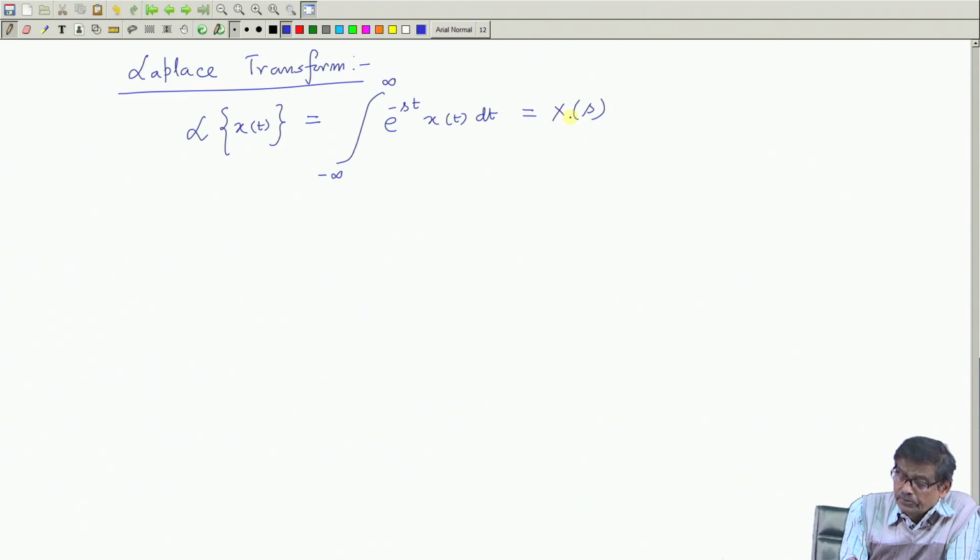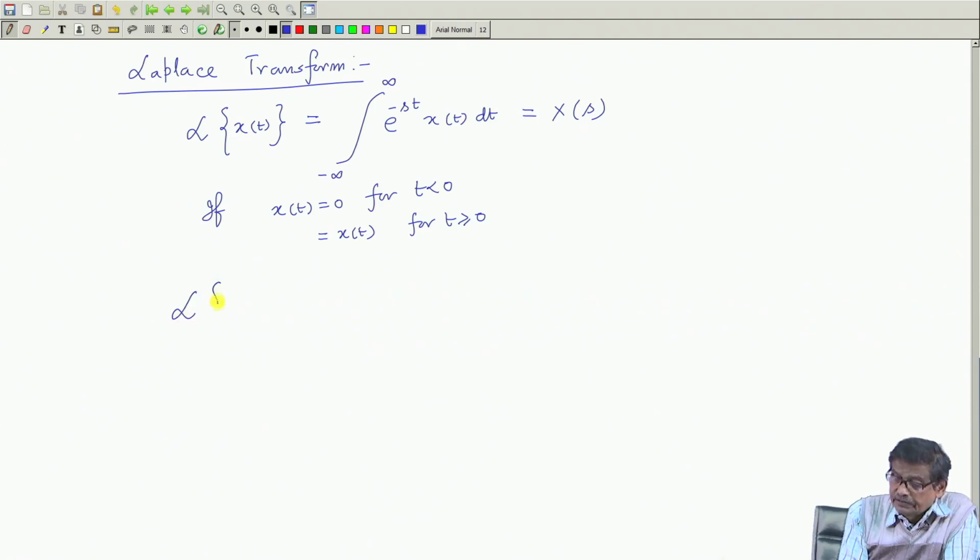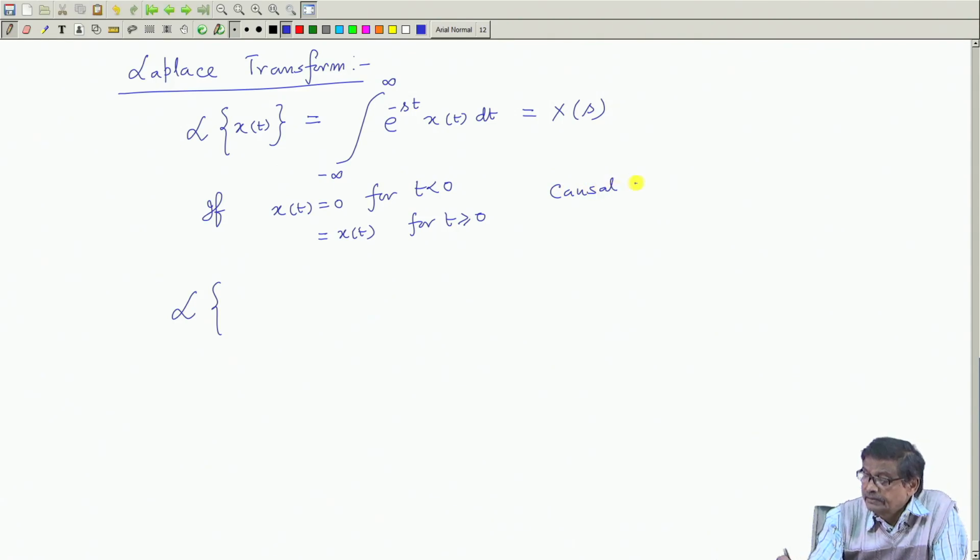But as I told you, if x t is equal to 0 for t less than 0 and is equal to x t, the function for t greater than equal to 0, then this is a causal signal,